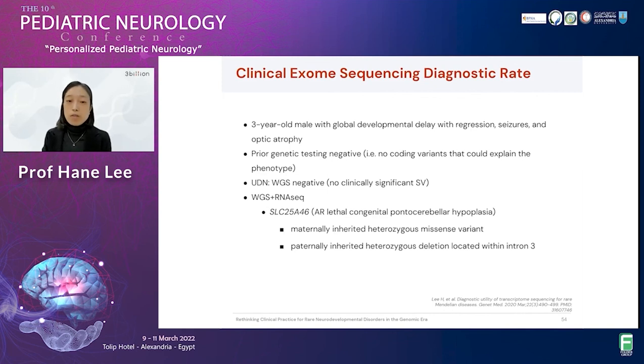We performed RNA-seq from a blood sample on the trio and inspected rare genetic variants to search for alterations at the transcript level. And we were able to identify a compound heterozygous variant in the SLC25A46 gene that is associated with autosomal recessive lethal congenital pontocerebellar hypoplasia. The variants found were a maternally inherited missense variant that was not known to be pathogenic,